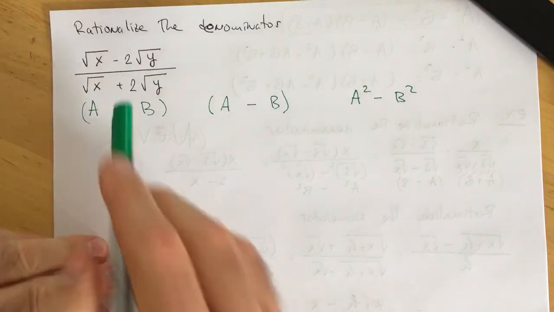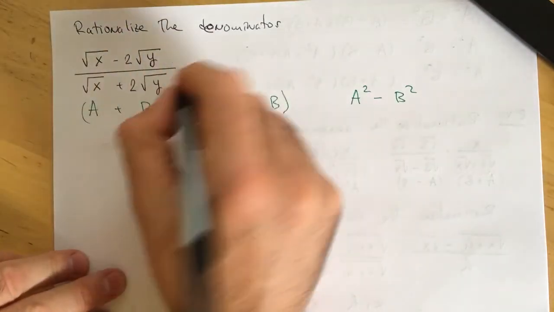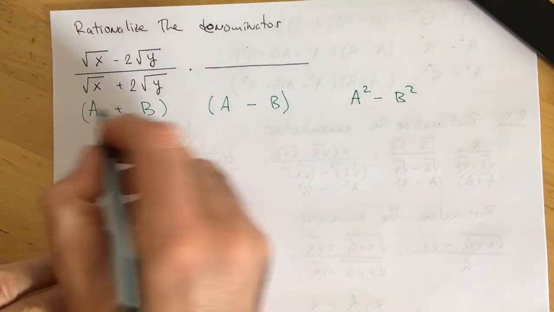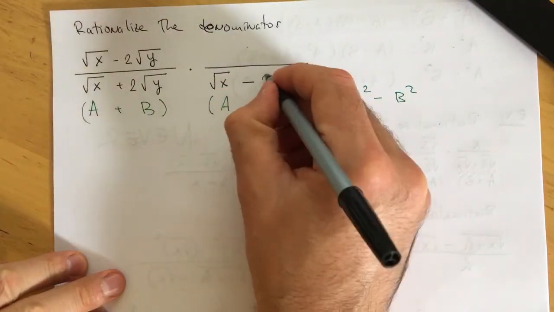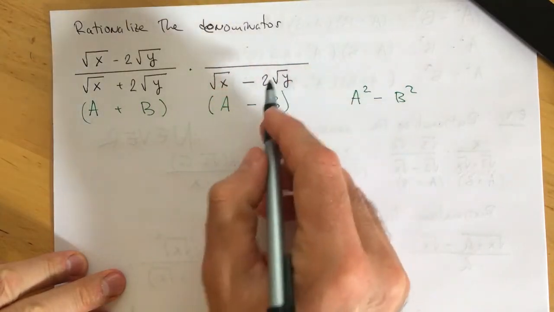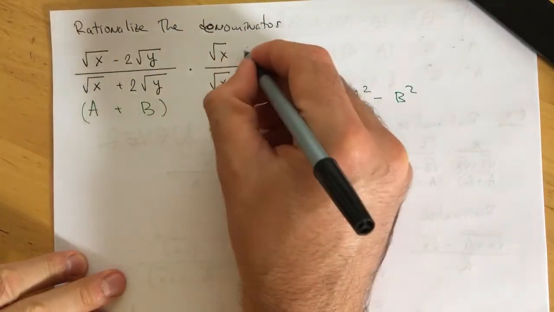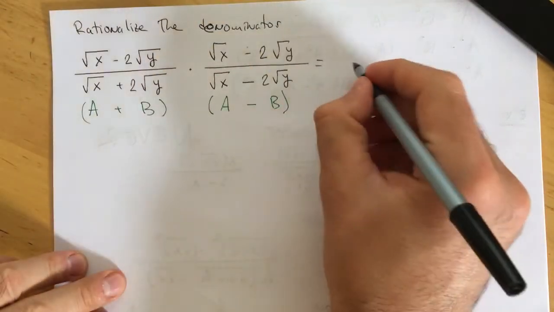So basically I have to multiply this expression by 1. That's why I'm going to write the same expression in the numerator and the denominator. So a square root of x, here I have square root of x, minus the conjugate 2 times square root of y. And the same expression has to appear in the numerator, square root of x minus 2 times square root of y, equals,